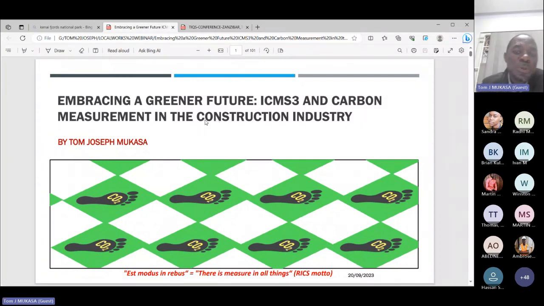I am going to tell you a little bit about the background of why measuring carbon has become very important or very critical for the construction industry. And I'm going to talk about another, I will call it a tool, but it's not a tool in the sense of Joe's presentation. It's a set of processes or standards that you can use to present carbon measurements. So that is what I'm going to mainly talk about.